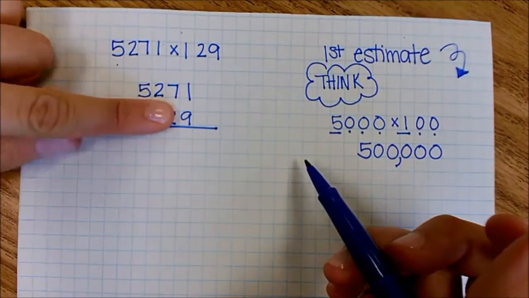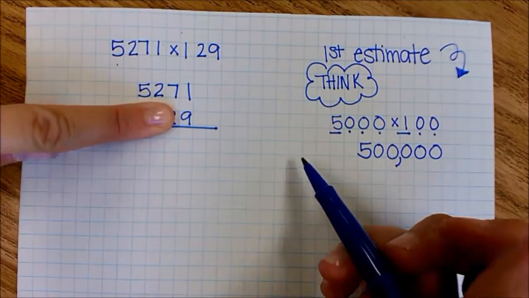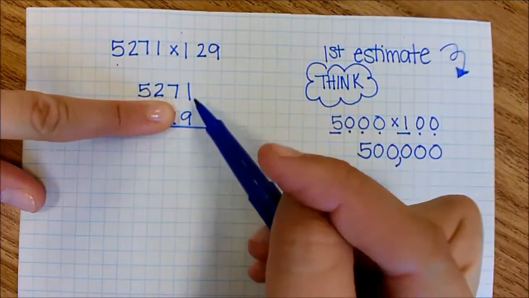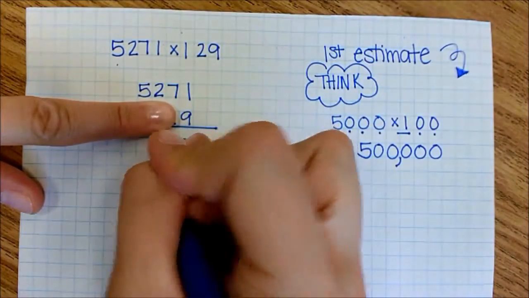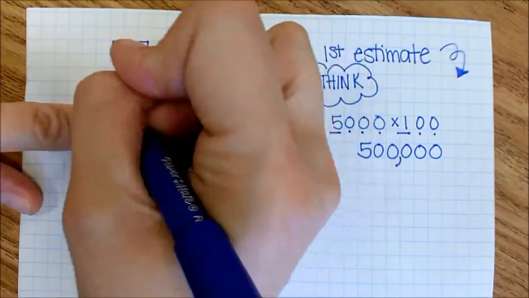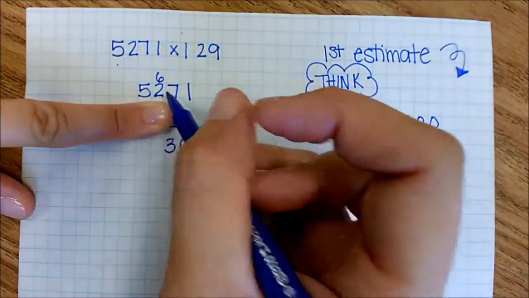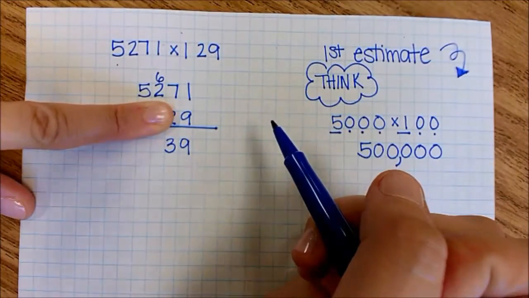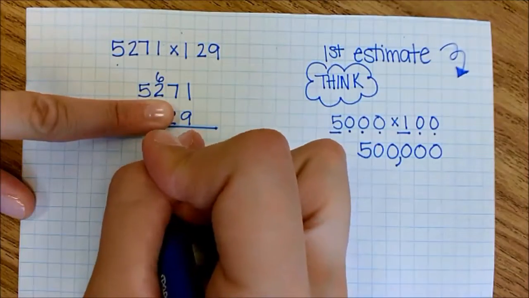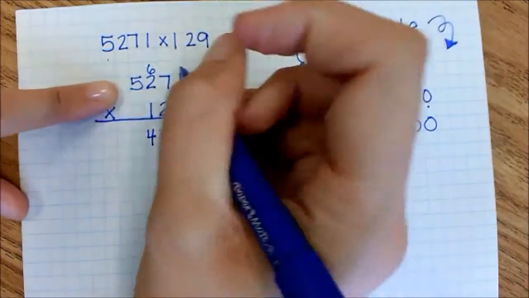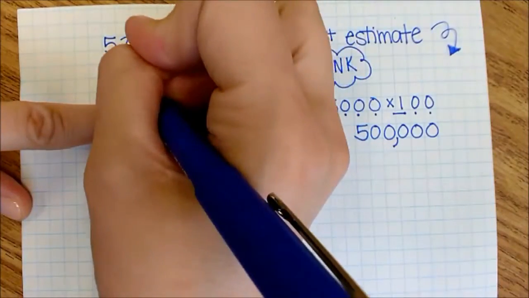This time I'm going to cover up the 1 and the 2 and just look at the 9. And we know how to do this problem. 9 times 1 is 9. 9 times 7 is 63. Carry my 6 because I still have spots up top. 9 times 2 is 18. 18 plus 6 is 24. So I'm going to put my 4 below, keeping it in line, and my 2 up top because I still